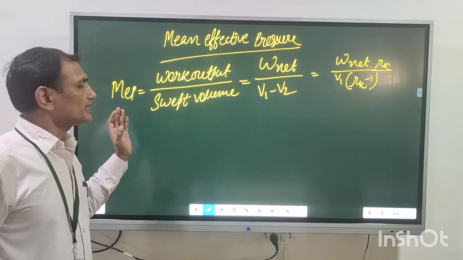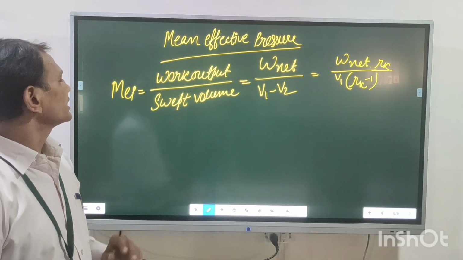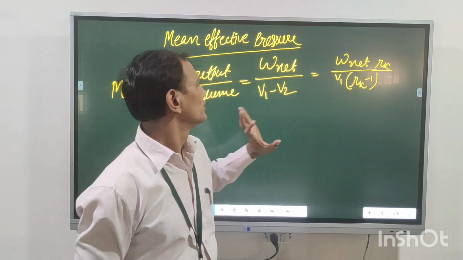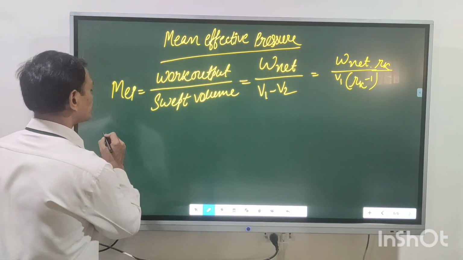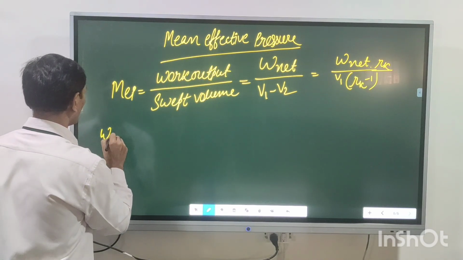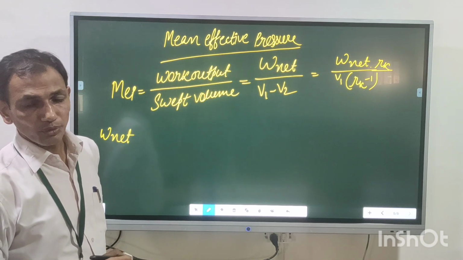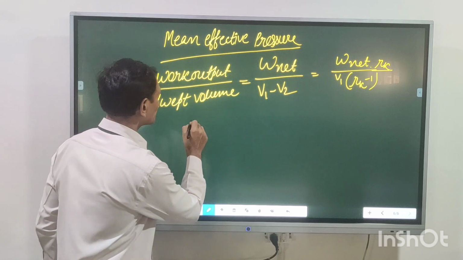If we want to find the mean effective pressure, then we should find the value of the net work output. So before discussing this, we have to draw once again